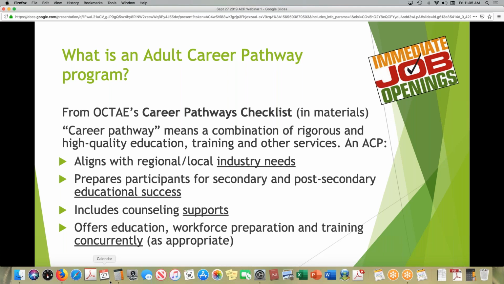And that's really saying that it's no longer okay to have a learner enrolled into adult basic education for 3 years and then have them move into post-secondary training for another year or 2 years. I think we all know that basically doesn't happen. And so we need to offer both the academic educational piece along with the skills training.